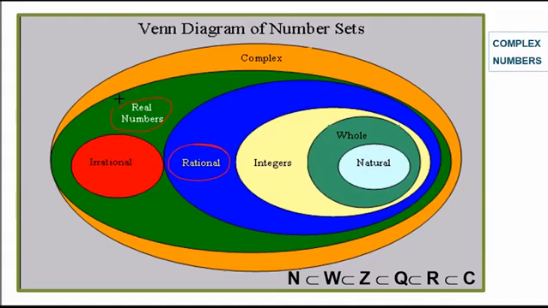Now rational numbers and irrational numbers are called real numbers, and then later they found that i is equal to square root of minus 1, and it is denoted by a complex number. So therefore the complex numbers include rational and irrational numbers. So the biggest set is the complex numbers. So N, the natural numbers, is a subset of whole numbers, whole numbers are a subset of integers, which is a subset of rational numbers. Further it is a subset of real numbers, and all these are subsets of complex numbers.